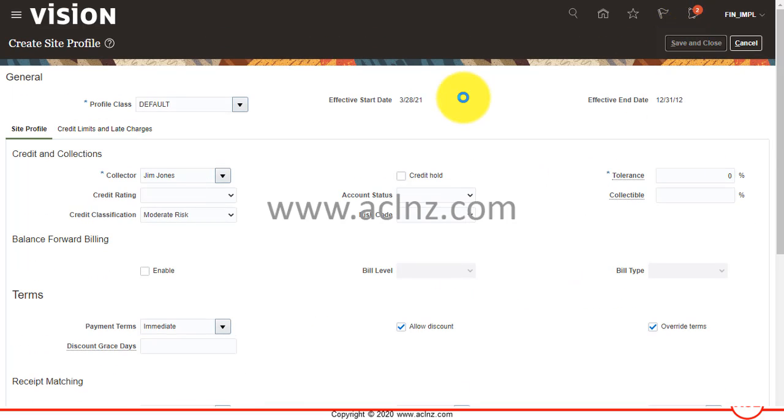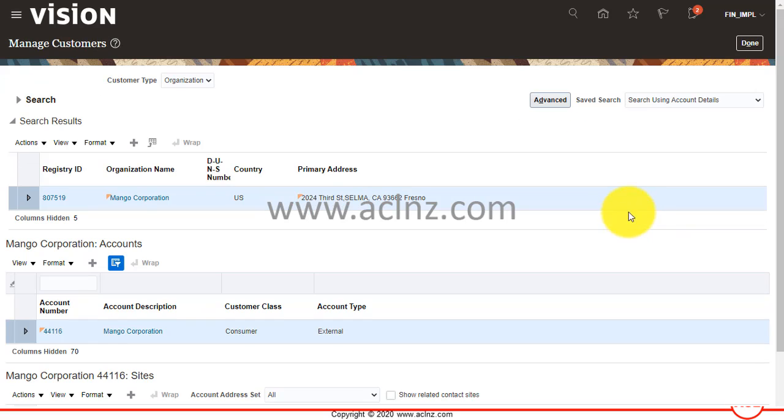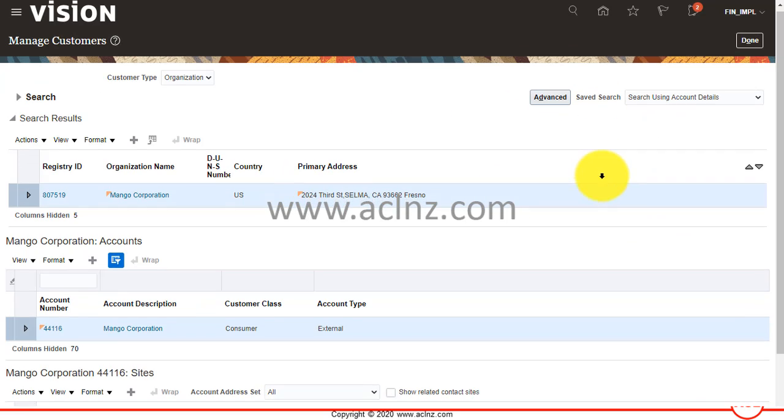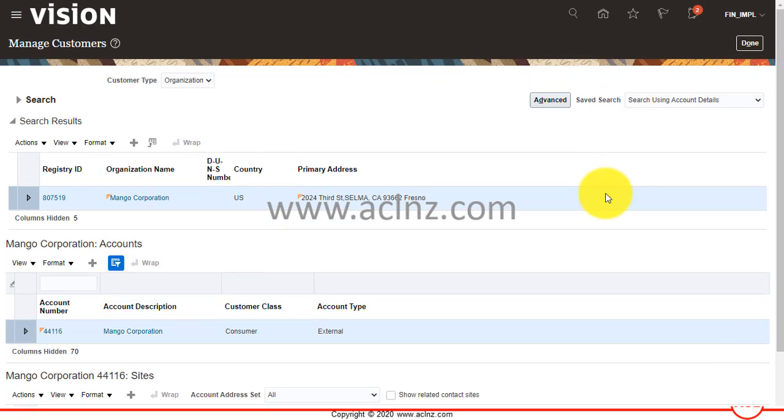Okay, save and close. Okay, and again I'm gonna save and close it. Okay, now there are lots more information that goes into the site, but just for a quick demonstration I have just added the bare minimum information out there,